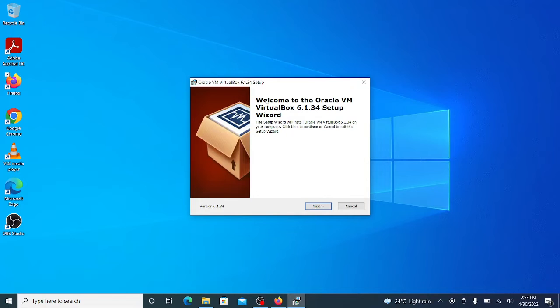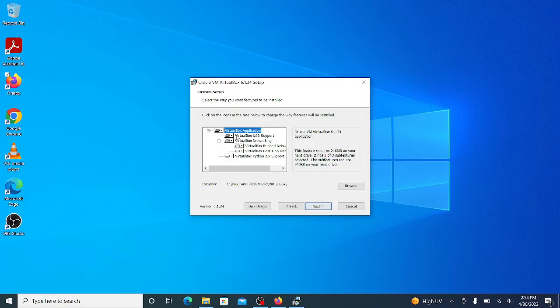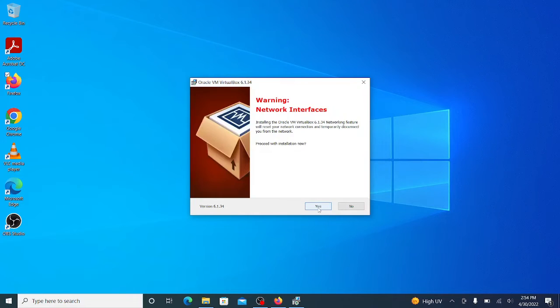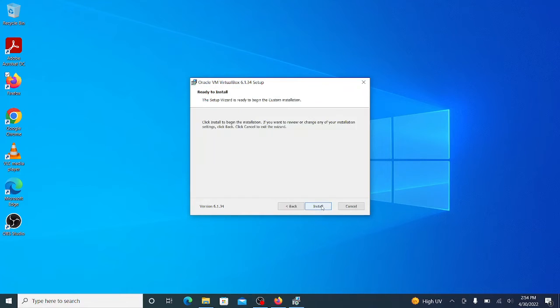Minimize that. So the first thing you'll see is this window. It says welcome to Oracle VM VirtualBox 6.34 setup wizard, or depending on the version that you'll have. So this one will change if they update it. So the next thing you need to do is click on the next button, then it comes to this page, and then again press on the next. So you can just leave those by default, not changing anything. Click again, and then on this part where it says warning network interfaces, proceed installation now, you press yes, and